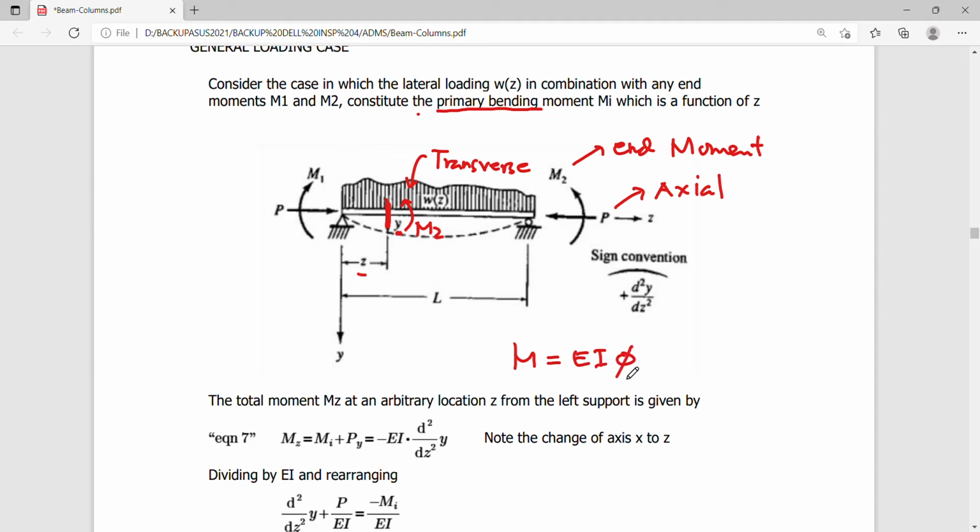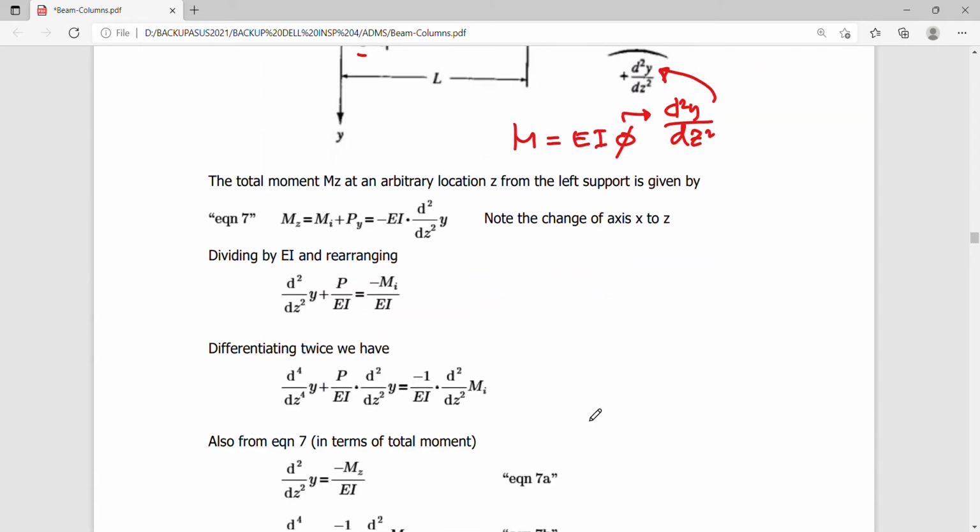Where phi here is defined as the second derivative of the displacement with respect to z. So that is the curvature, such that considering now a differential equation in this form obtained by rearranging this equation,